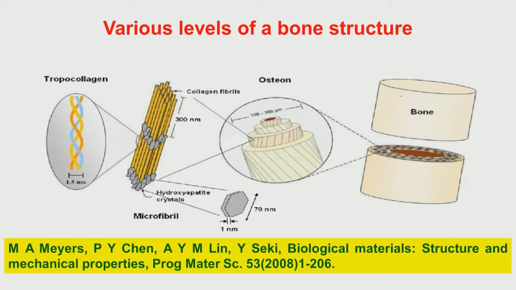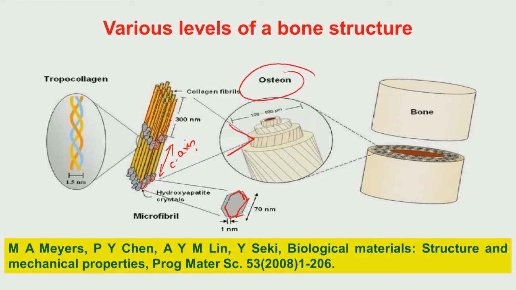So, a little bit on the numbers while describing the various levels of bone structure. As I said in the last two slides, you have collagen fibers. These collagen fibers are very nicely oriented in the bone structure, and you have hydroxyapatite crystals also perfectly oriented along the C axis of the bone. If you look at these hydroxyapatite platelets or crystals, their thickness is around 1 to 2 nanometer, and these collagen fibrils along with these kinds of aggregates form